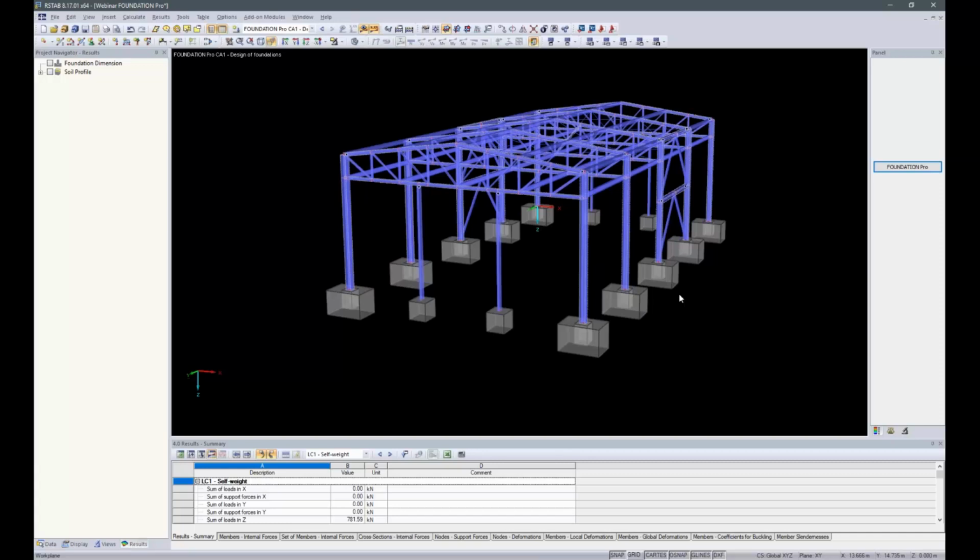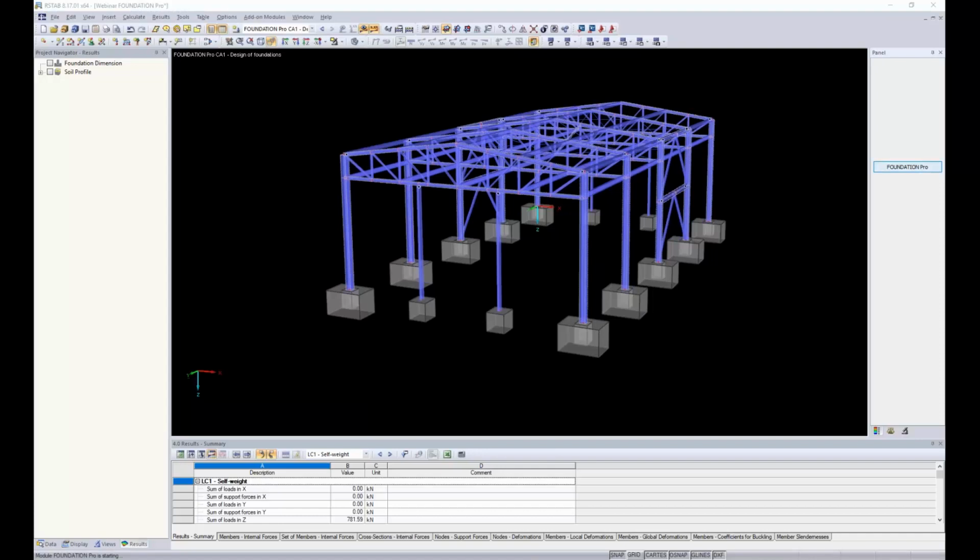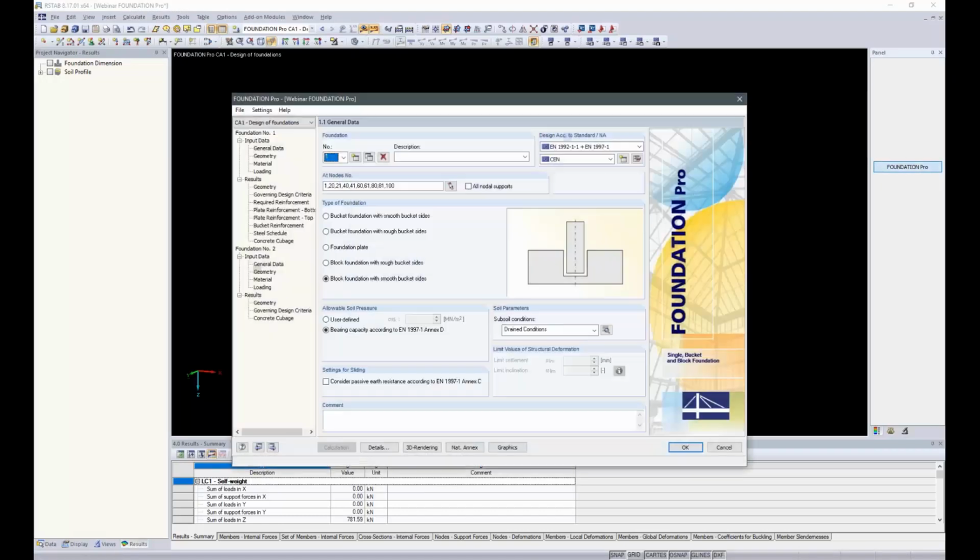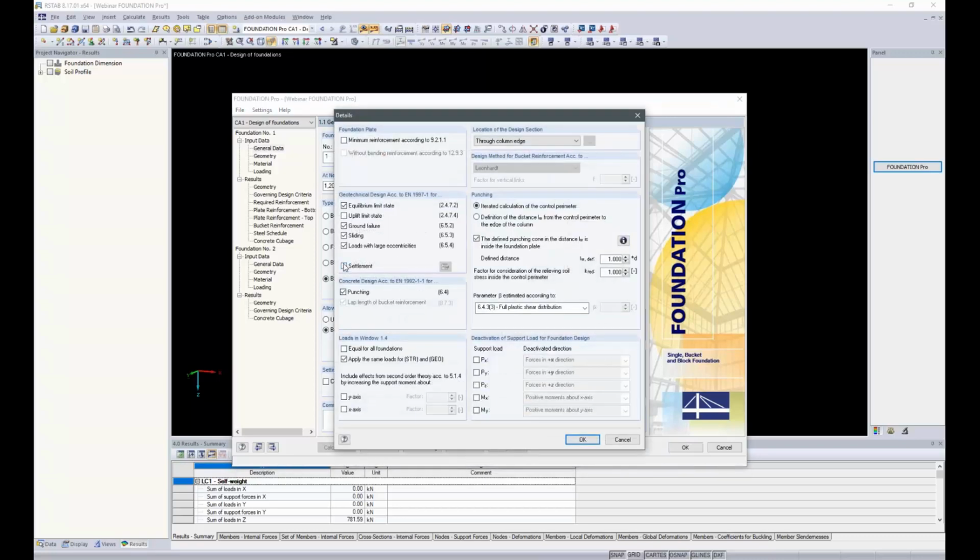The last part of the presentation is the settlement calculation, which I already mentioned at the start of the presentation. I go back into Foundation Pro and there I activate the settlement calculation for foundation number 1. I go into details, check settlement, click OK,